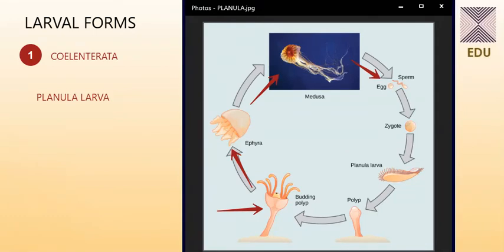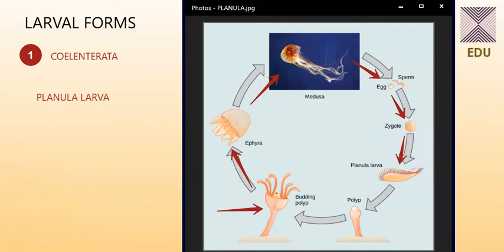Now these eggs and the sperms, they are free in the environment. These are free in the water, and they are having the fertilization process. So after the external fertilization, we have the zygote formed, and this zygote is giving rise to the Planula larva, which is actually a free swimming form. And if you go by the structure of this particular larva, it is flattened, it is ciliated, and it is bilateral symmetrical form, and it is present in various coelenterates, and also it is present in some of the species